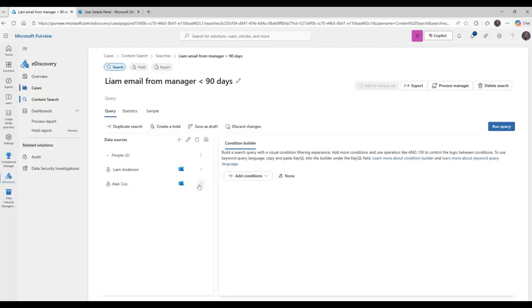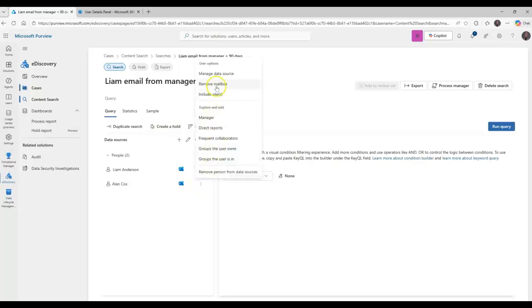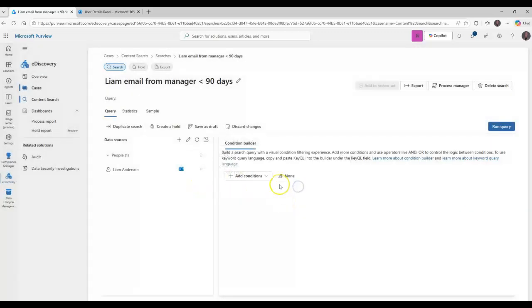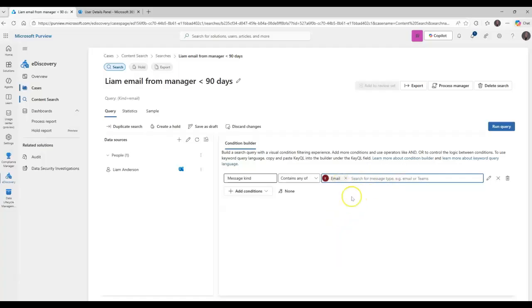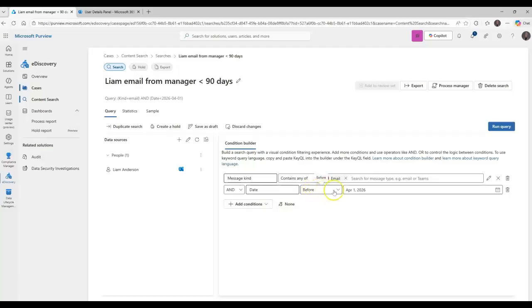We're not going to do this. We're not going to add the manager right now, because what I'm going to do is remove that mailbox, because now I'm going to add the conditions. So one of the conditions we're going to do is, what are we looking for? We're looking for email. So I'm searching for email, and I'm searching for a date after,